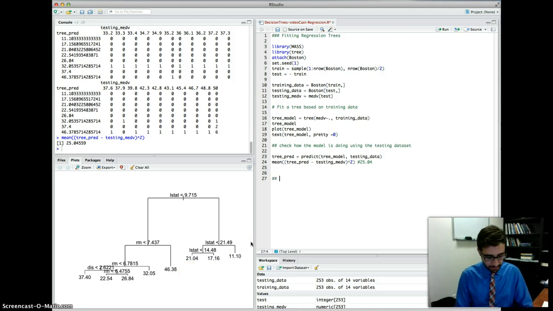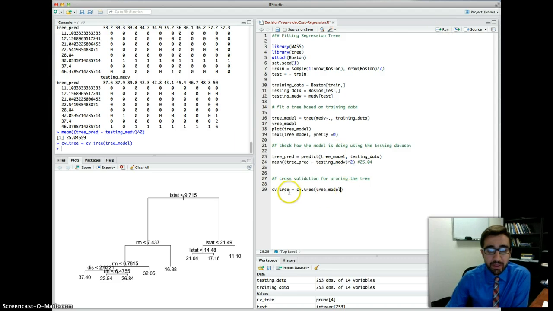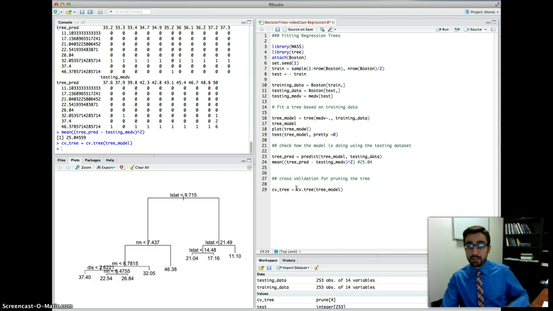So let's do cross-validation for pruning the tree. Again, the same thing we did for classification. We are gonna use the function cv.tree and use it to do pruning for the tree model we created here. This cv_tree object is gonna have the different sizes of trees with their corresponding error rate,